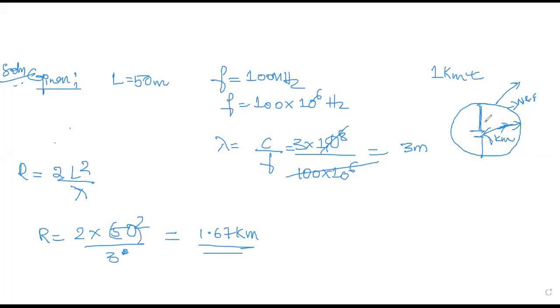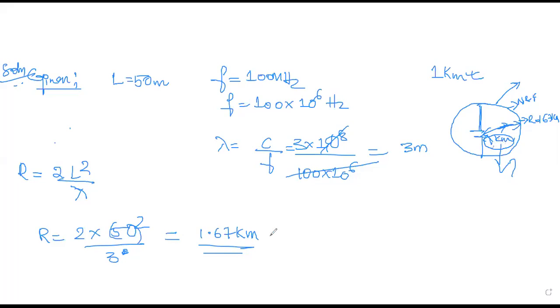Sorry. The 1 kilometer is given. Based on this, you have to define. The field is measured at 1 kilometer from the antenna. You are measuring at this 1 kilometer. The answer you are getting for R is 1.67 kilometer. The question is whether the point where you are measuring is near field or far field. A field is measured at 1 kilometer from the antenna. Is it near or far field? The one which you are measuring at 1 kilometer, is it far field or near field? So what will this be?